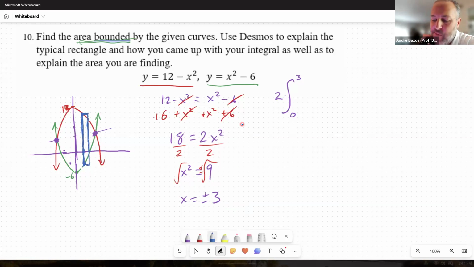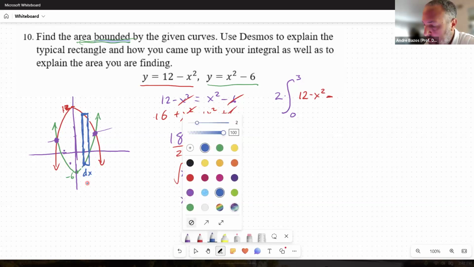This rectangle, and we are going to make this rectangle infinitesimally small, meaning the width here is dx, because the width is parallel to the x-axis, and the height here is from this function to this function. So if we take this function and we subtract off the green function, we will get the height of our rectangle. So I'm going to use red. So here is the red function on top, and I am going to subtract off the green function,